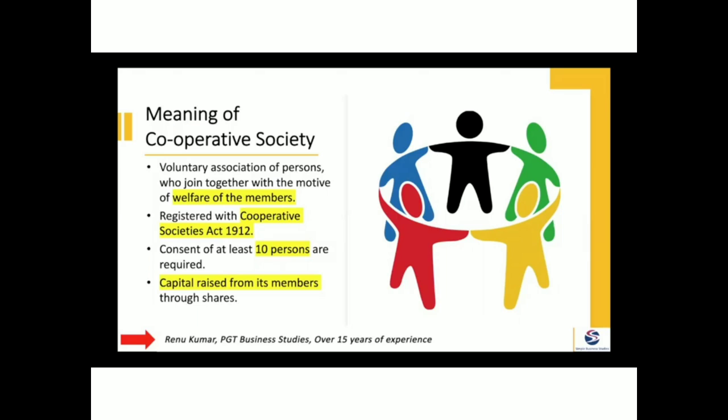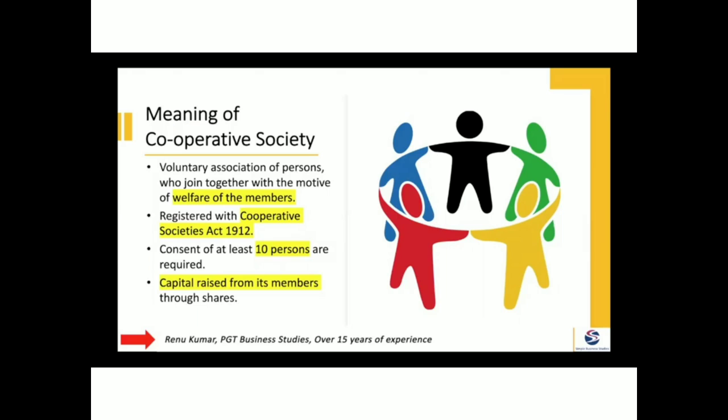Industrialization had made capitalists richer, and the other class was becoming poorer, because the capitalists would invest their capital and establish factories where the other class, that was labor class, would work for them, and they were exploited badly. So to overcome this problem, the weaker section started the cooperative movement to protect and promote their